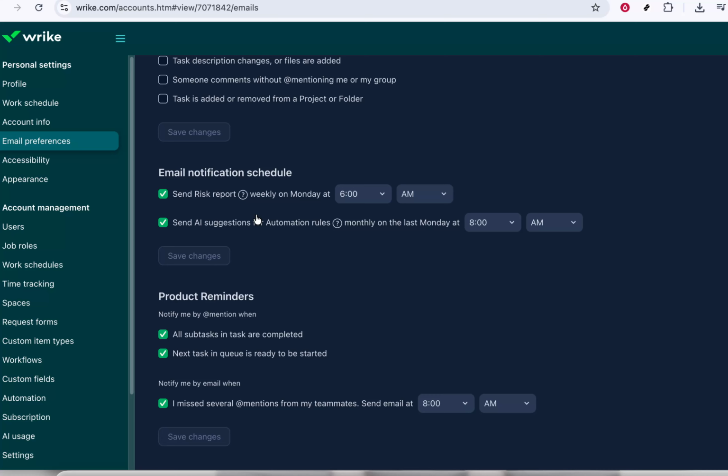Take a moment to read through each option so you understand what kind of event it covers. As you make changes, think about your role and what information you actually need to see right away. When you're done adjusting your preferences, your changes are typically saved automatically, or you may see a save button to confirm them. And that's it. You've now reached the notification settings area in Wrike, where you can manage how and when you're notified, helping you keep your inbox and workspace